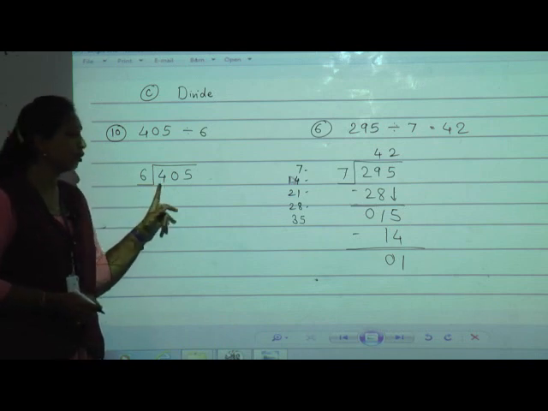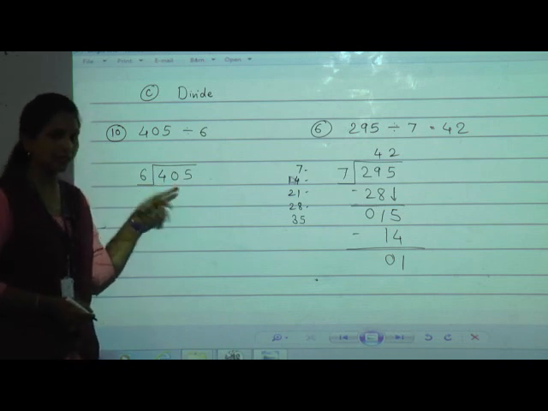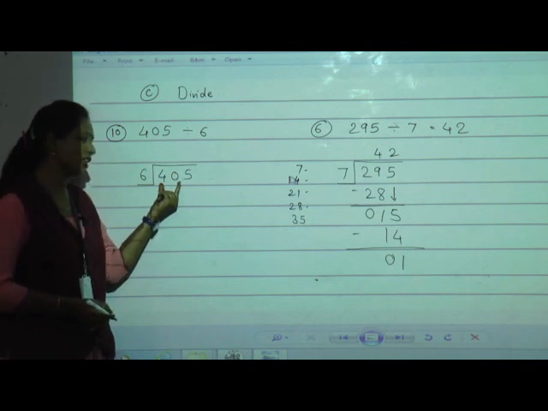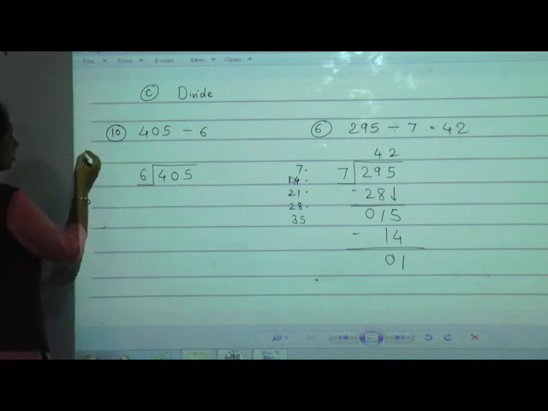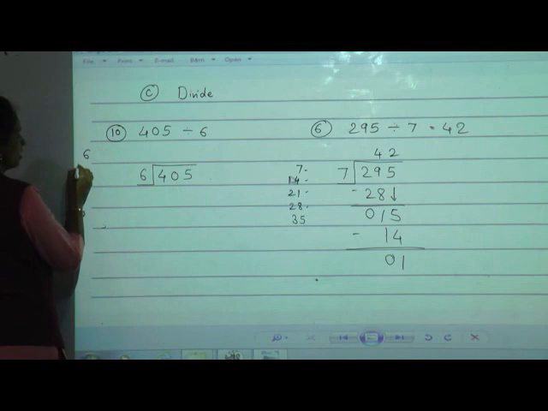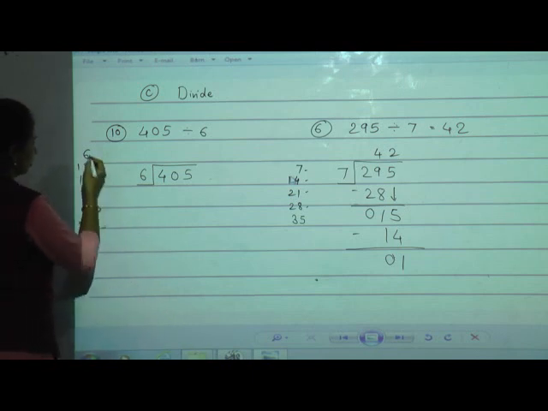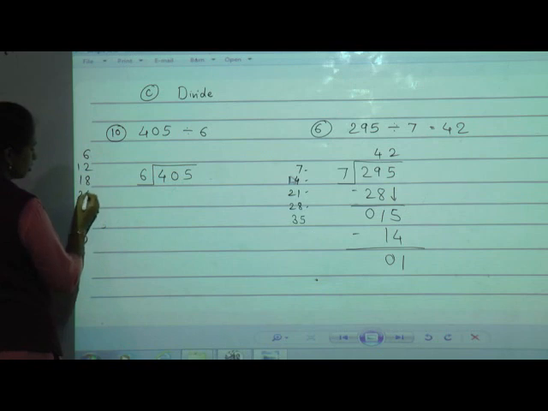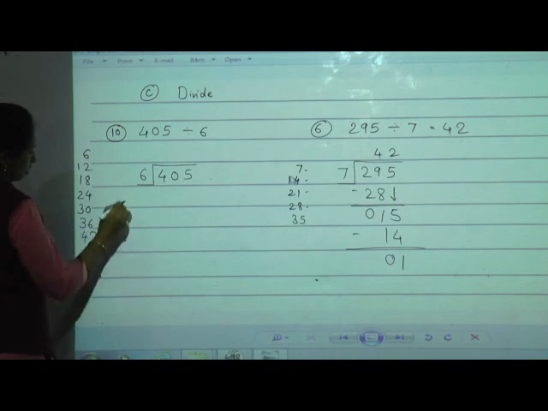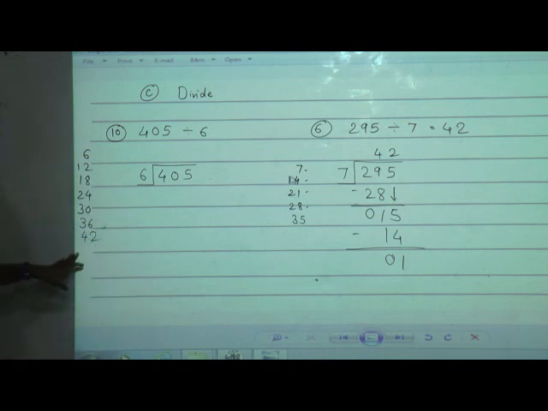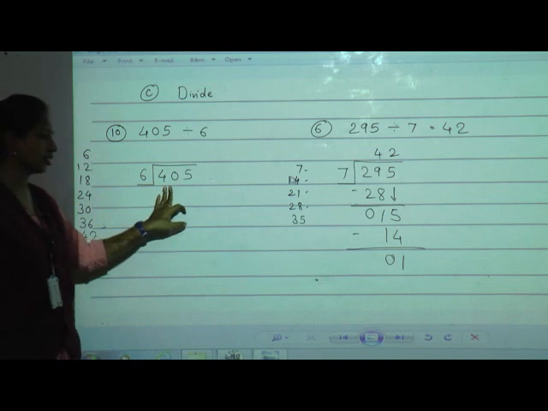So what we have to do? Go with the next digit, meaning now we have to take both the numbers. 40. Now we will write the 6 table. Help me students. 6 1s are 6, 6 2s are 12, 6 3s are 18. Yes, you will say and I will write. Yes, come on, say everyone. Okay, now I'll stop here because 42 came, but we are searching in 6 table.